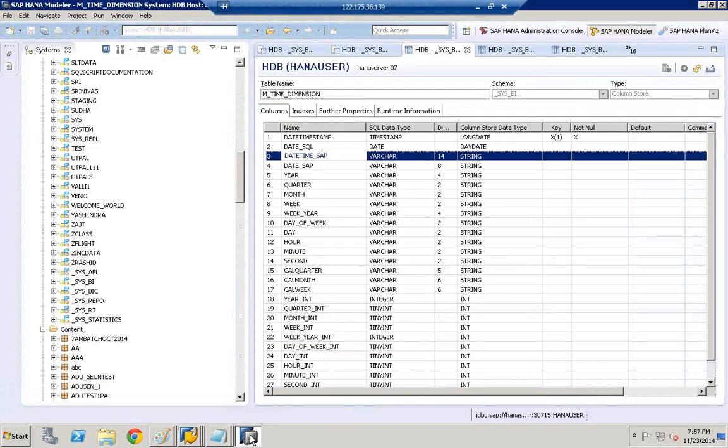So what am I trying to say? In m_time_dimension, datetime_SAP is the primary key, which is nothing but the key attribute. Now when we join this key attribute,